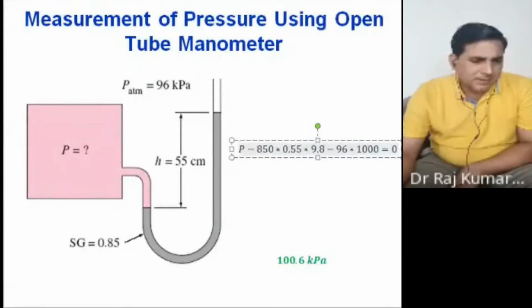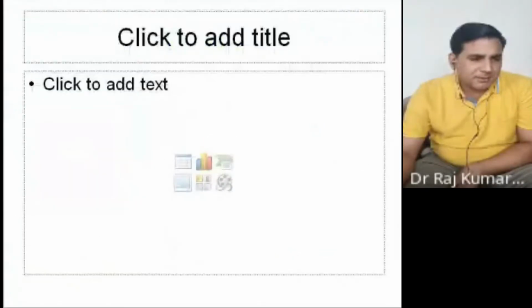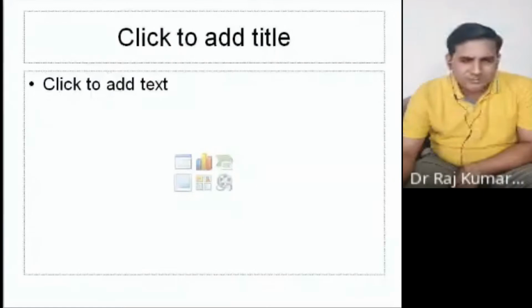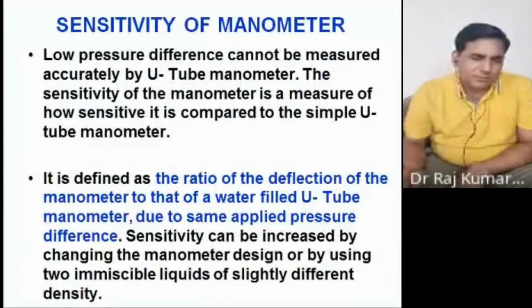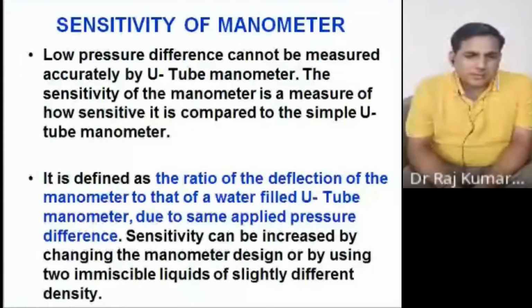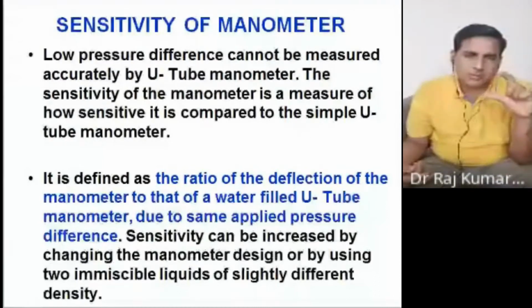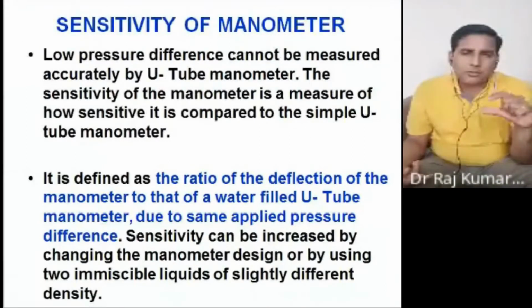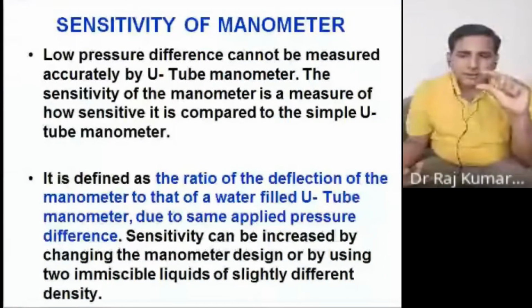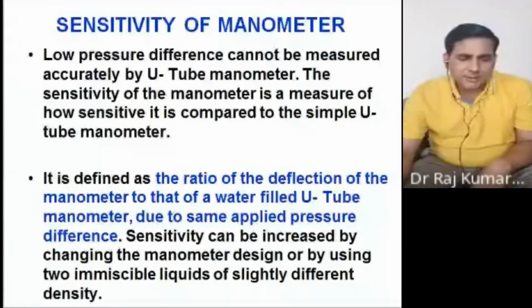So in the last class, we were solving something on manometer sensitivity. We talked about how manometer sensitivity can be increased in case of a small variation. Somehow you change the density of the fluid, or the design of the manometer, or some other means, so that you can measure that small delta H accurately. One way of doing that is this one.